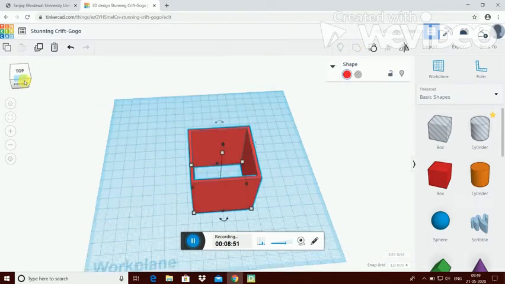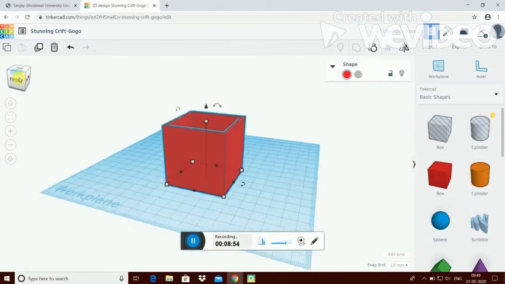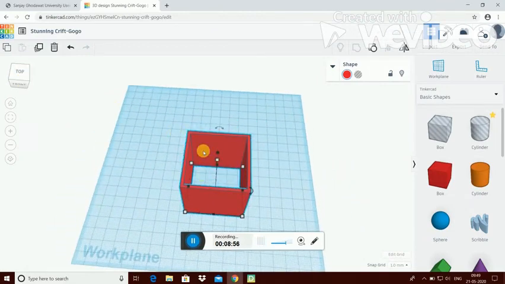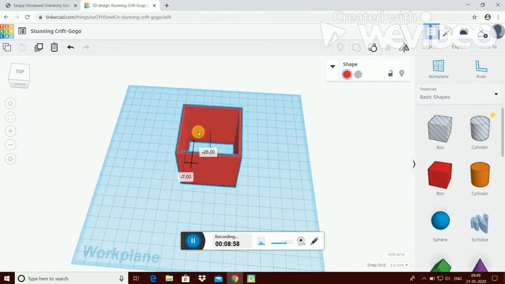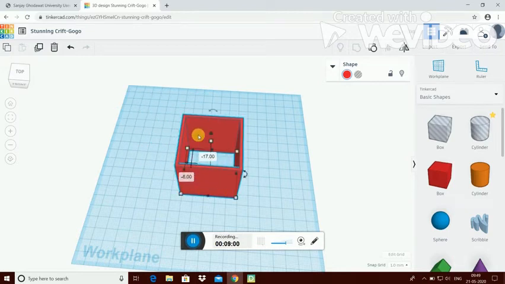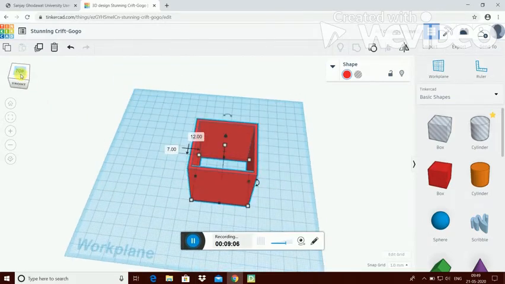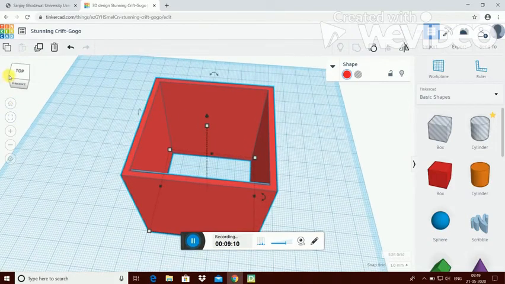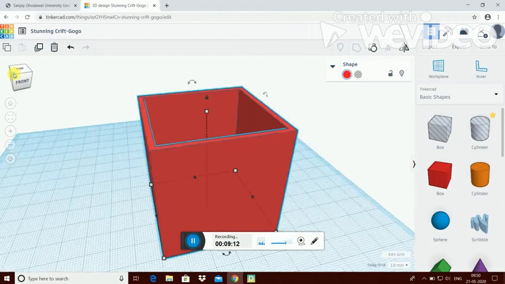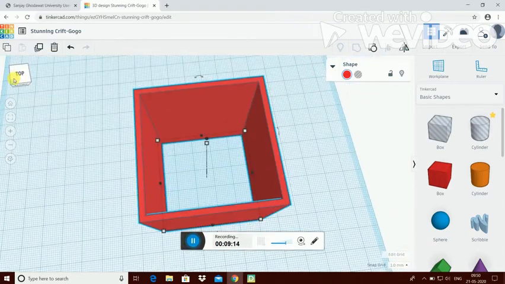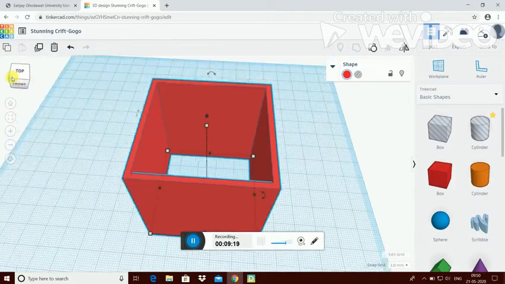Now you can see it's grouped. Now if you just move that box, that means the whole and solid box joined together, grouped together. Now it's a container. But if you want to see that in fixed view plane, you can click here. You can see in zoom now. You can see the bottom of that container is still empty, meaning not solid. So we have to pack the bottom of that container.